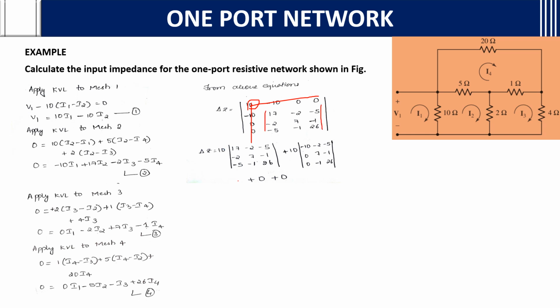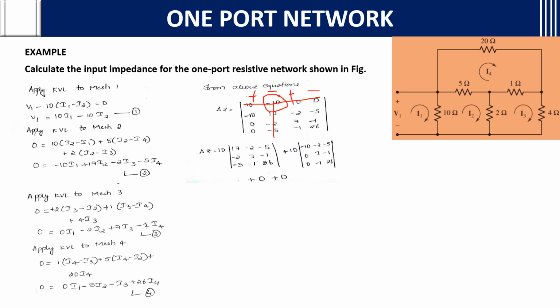plus, then what we will do? Then you remove this row and this column, that is nothing but minus of minus, you will multiply. Why? Because whenever we are taking plus and minus, we take it in determinants. You need to know these rules, okay? But then too I'm explaining once again in the video. Minus of minus plus 10 into 10, minus 2, minus 5, 0, 7, minus 1, except this you will write